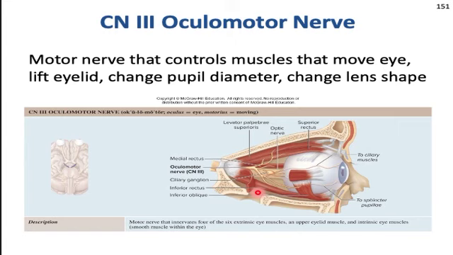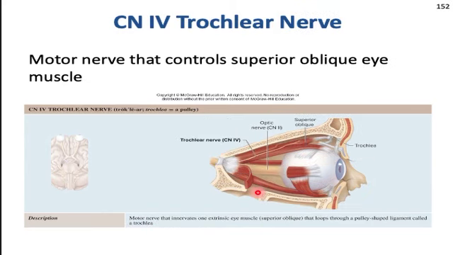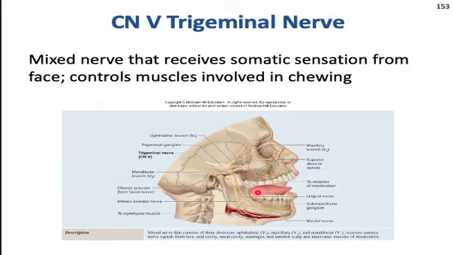So when parasympathetics hit the pupil, what the pupil will do is constrict, okay? So it's an example of a nerve that is mixed in terms of its motor output, okay? The trochlear nerve talks to the superior oblique muscle, okay? And again, it heads through the superior orbital fissure and talks to that muscle so that we can move the eyeball. Well, the trigeminal nerve has three branches that are going to extend to the mandible, the maxilla, and also into the